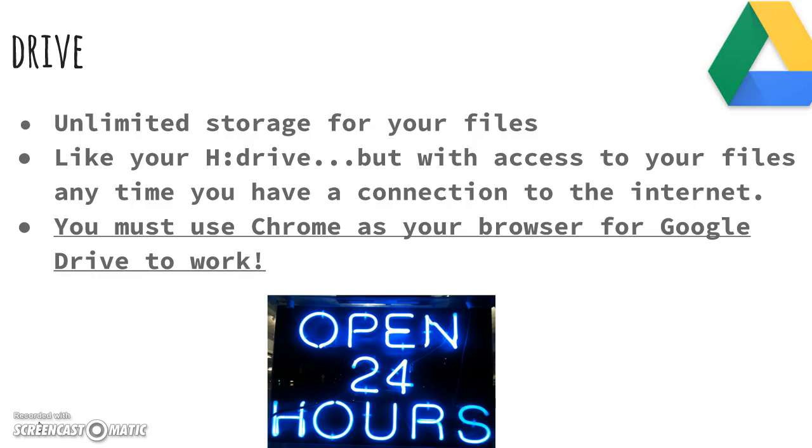You don't have to email materials to yourself back and forth between home and school. On the cloud means that you have access to whatever it is you have dropped in your drive whenever you log into Google. So if you're at home and you're in front of your laptop, log into Google with your new Gmail account and you can access all of your files that you've stored on your Google Drive.